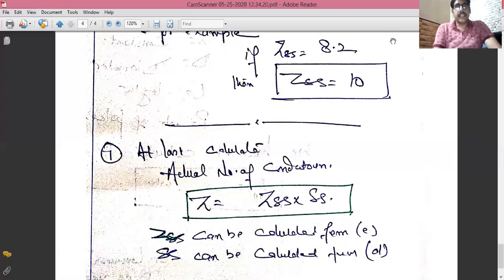I think this video is clear to all of you. In the next video, I will come with some numerical problems, and we will try to solve the numericals based upon the main dimensions as well as the armature design. In the next video, I will come with a problem where we have to calculate the main dimensions, the conductors per slot, the stator slots, each and everything. I think this video is clear to all of you.